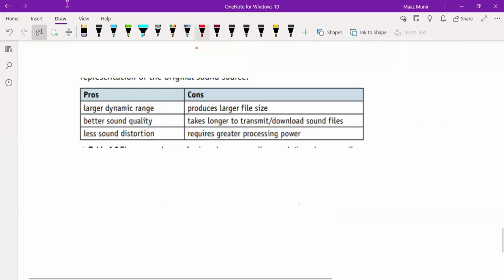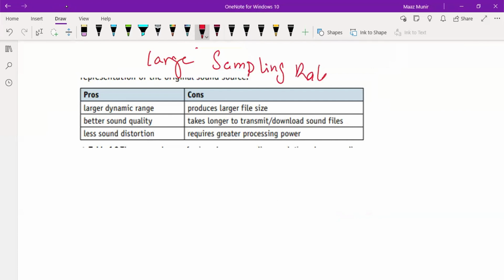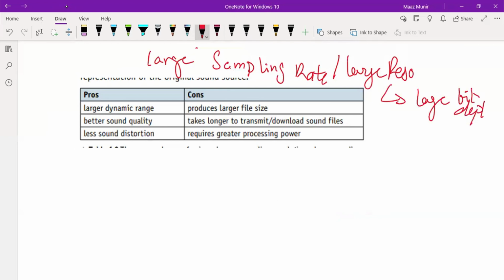large sampling rate and large resolution? By large resolution, I also mean large bit depth. It's the same thing. And so the benefits are basically that you have a larger dynamic range, there is a